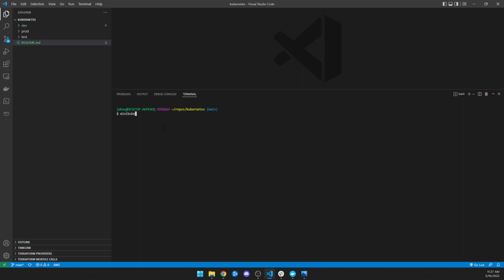First, make sure, if you haven't already, that you have minikube installed. You can type minikube version or minikube status and just double check that you have that installed. Also, make sure you have Docker running so you can actually start minikube, and then you should be good. So I have minikube started,